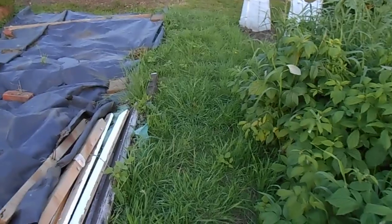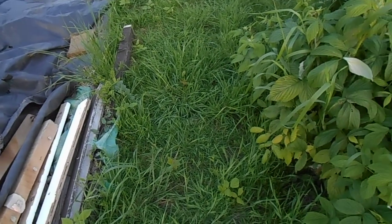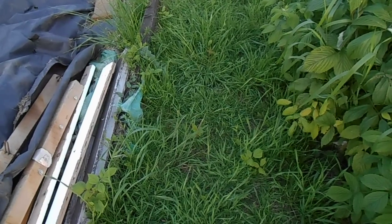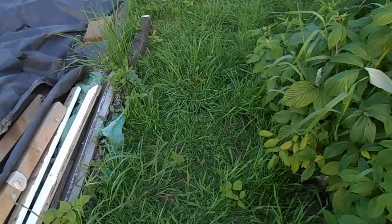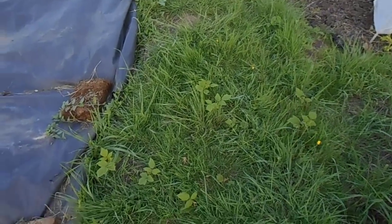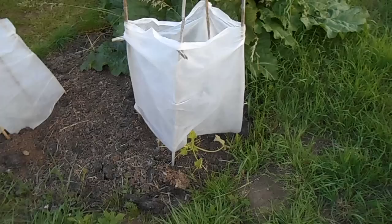This all needs to be trimmed, and as you can see, in amongst it, coming up is roots of the raspberry bushes, so they're going to have to be dug out at some point or killed off. Again, loads of them here. This down here